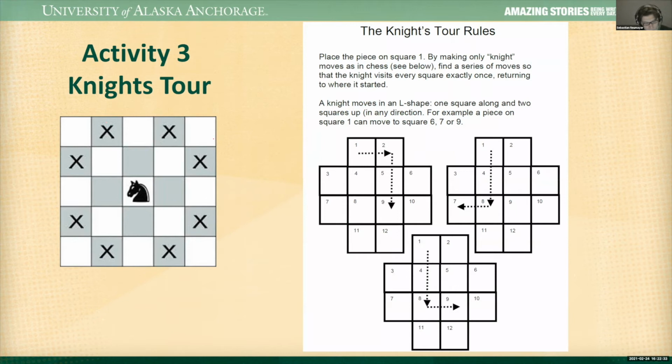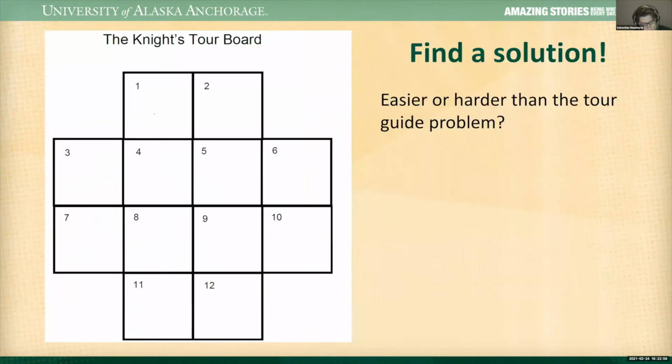For a knight's tour, imagine we're not going to consider these corner pieces. So it's sort of a chopped off chessboard, and we're just going to consider these 12 squares here. What we want to do is find a knight's tour. A knight which starts on square 1, we can move him to square 9, or we can move him to square 7. If we start here on square 1, we might say, okay, we're going to move the knight down to square 9 for a second step.